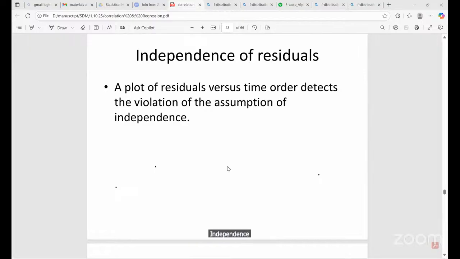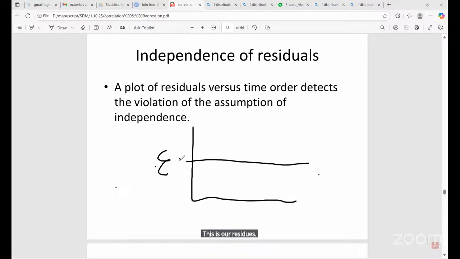Independence. If we have a plot of residuals versus time order, for example, if we have something like this, this is our residuals, and then our fitted values, then we have a time series graph